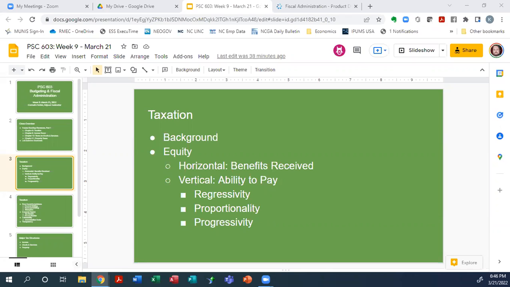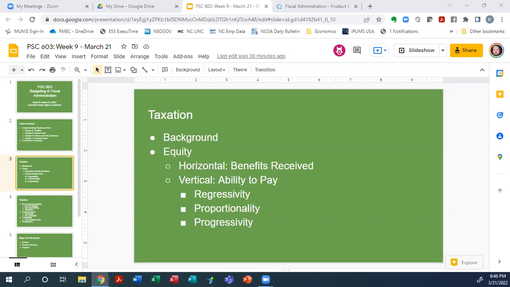So all taxes have some position of value in horizontal equity and have some position of value in vertical equity. So they each have characteristics in both. And so you do make a good point that if the horizontal equity of a service or good is limited based on taxation, it could make sense that it could balance better with a regressive tax in the minds of some people. That's not always the case, but it does happen. So that's a good point.